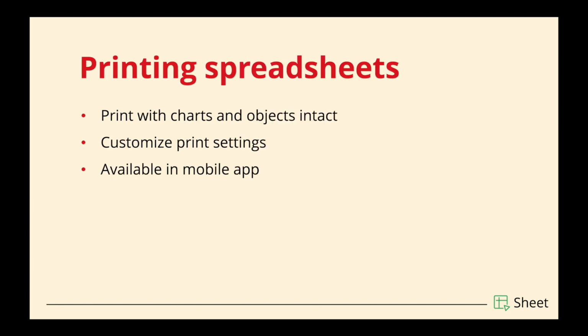When it comes to spreadsheet data, the data may occupy several columns or several rows, and the spreadsheet may also contain some objects such as charts or buttons, and all these elements in the spreadsheet make the data more understandable. So it is important that we bring all these elements in the spreadsheet on paper to make it more understandable and easy to read. The print option is also available on Zoho Sheets mobile application, so you can print your spreadsheet data from your smartphones too.